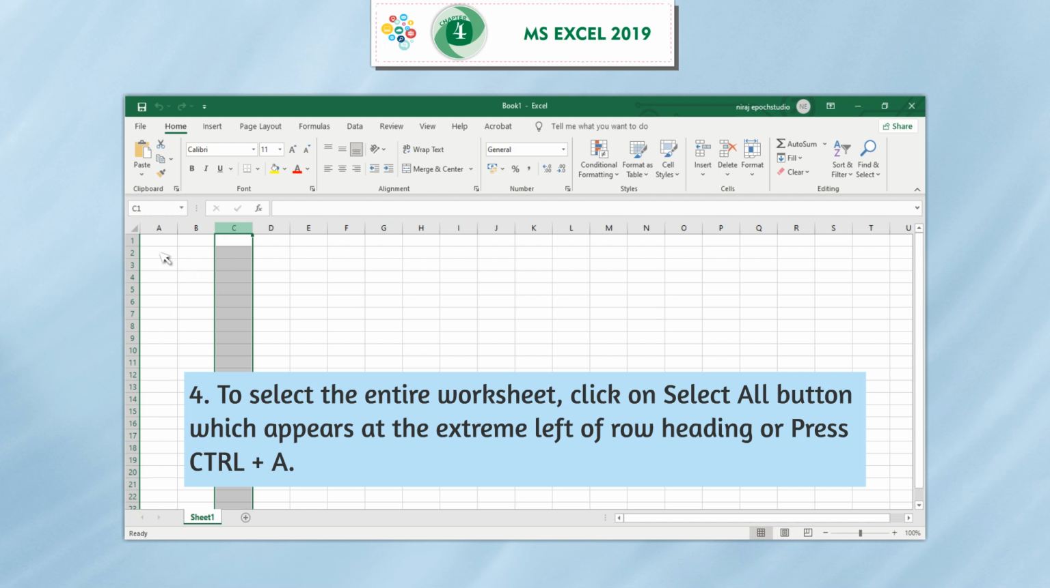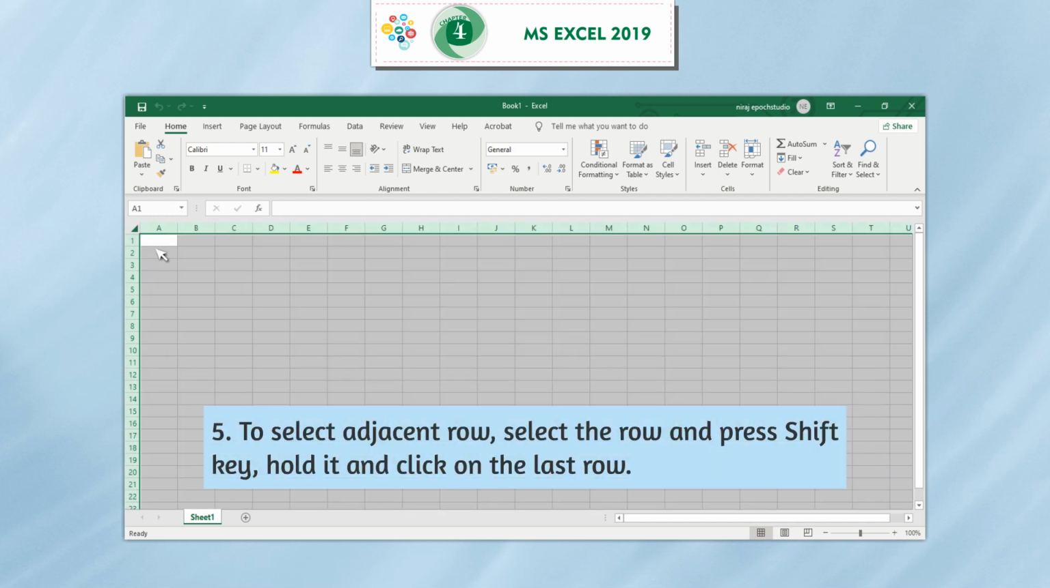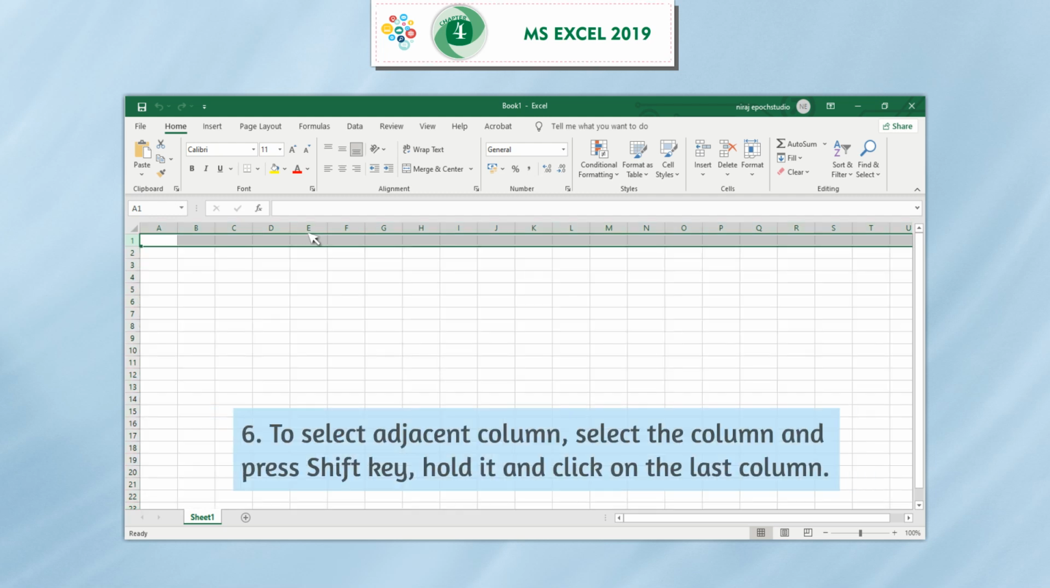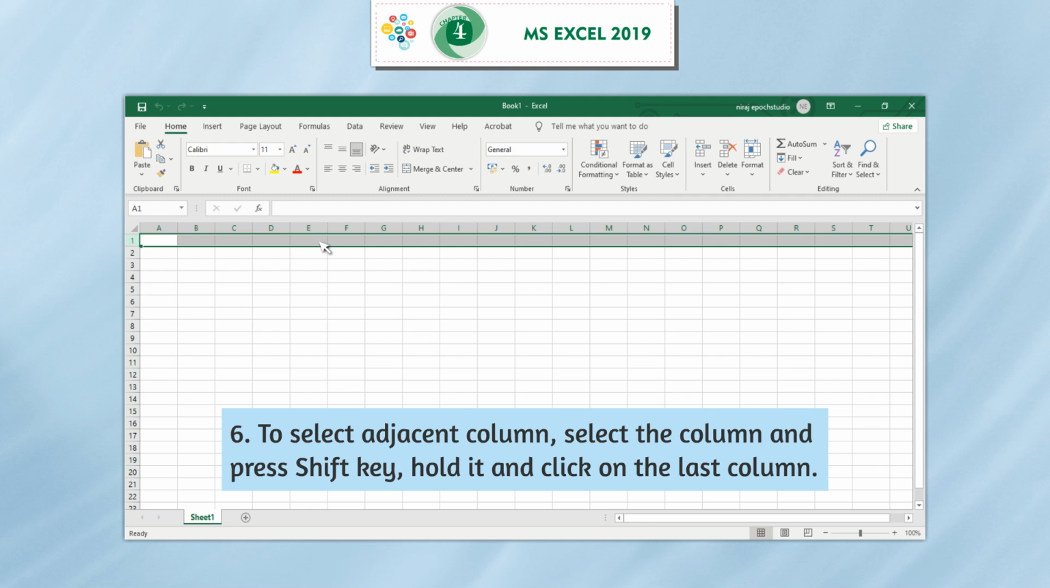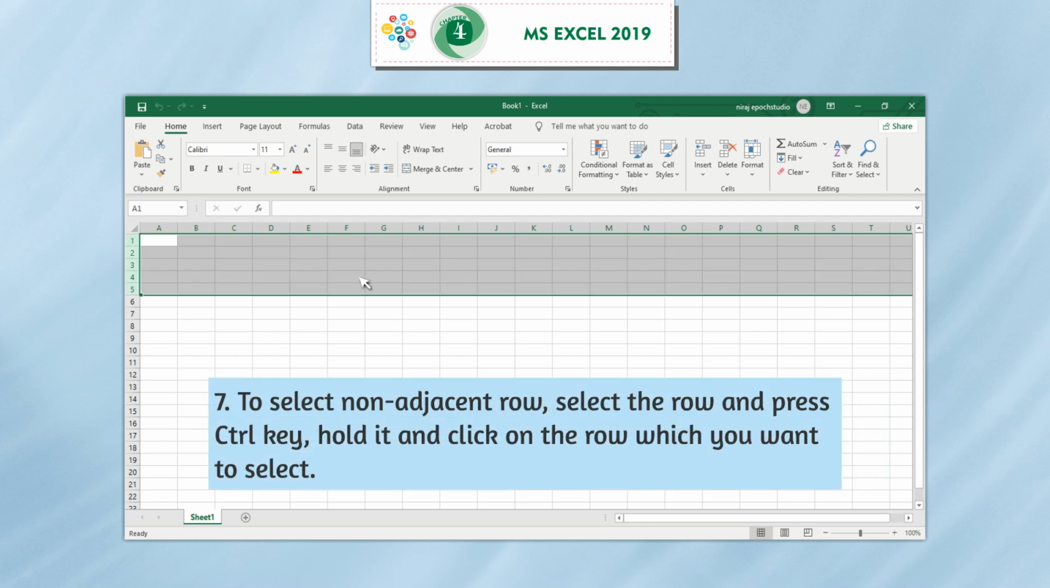or press Ctrl+A. 5. To select adjacent rows, select the row and press the Shift key, hold it and click on the last row. 6. To select adjacent columns, select the column and press the Shift key, hold it and click on the last column. 7. To select non-adjacent rows, select the row and press the Ctrl key, hold it and click on